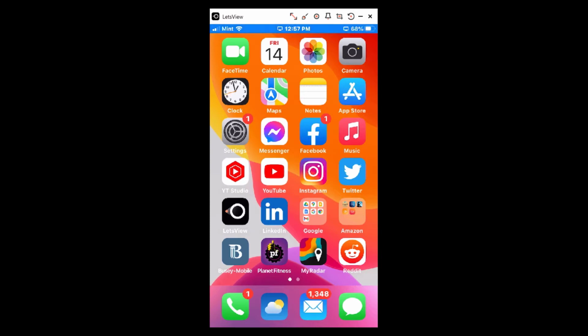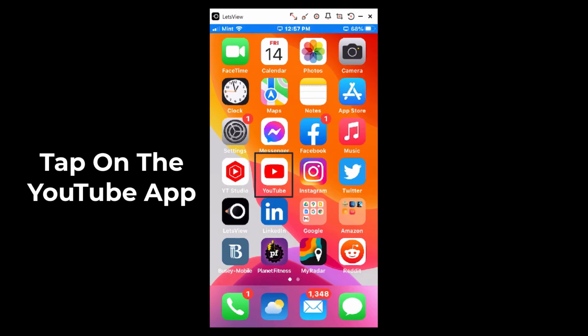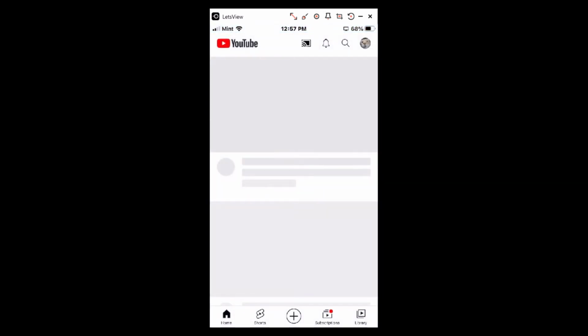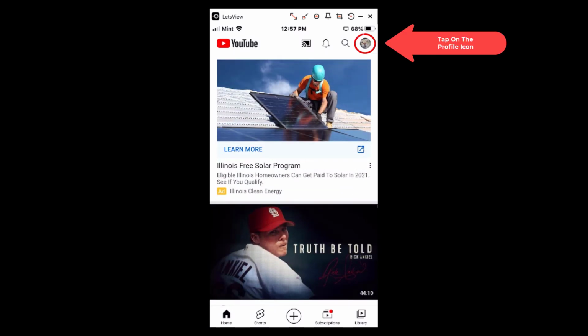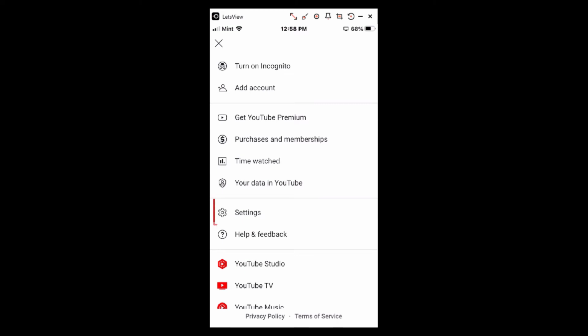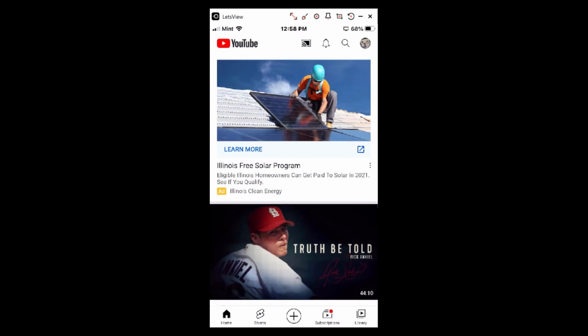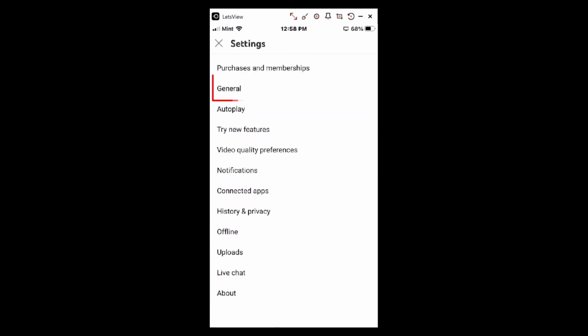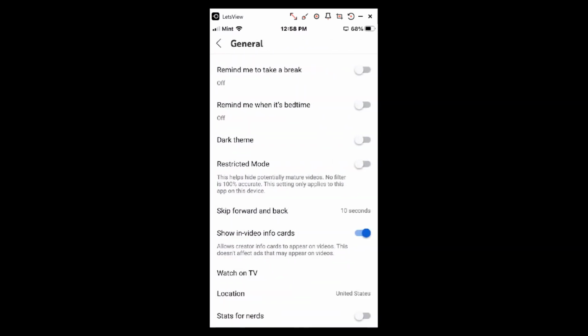First thing you need to do is tap on the YouTube app, of course. Then you will tap on your profile icon in the upper right hand corner. Then you will go down to Settings and tap on Settings. Then you will tap on General. And then right in here,